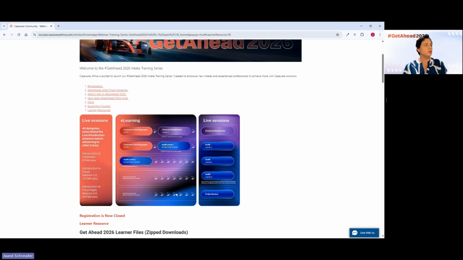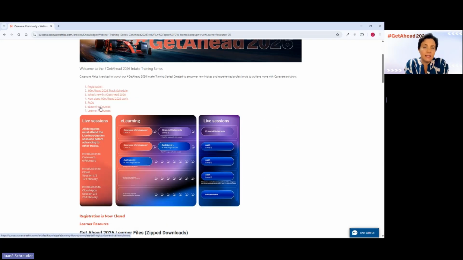If I go all the way right up to the top again, you will see the second last hyperlink there, almost from the index, is the e-learning resources. And that is the Caseware Academy or the e-learning page where you will get the e-learning modules. Now, as I said, there's about 650-something people that have registered for audit level 1. And not all of you are registered on the e-learning. The e-learning has just about 490-something. So there's about 100 or so people, but more than that, that don't have a login or that aren't registered on the audit level 1 e-learning yet.